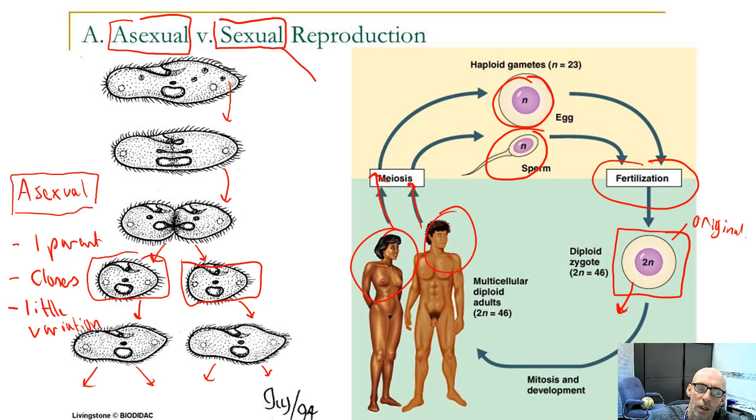And sexual reproduction involves two parents. With two parents you get lots of variation, and with lots of variation we have quite a lot of change over time, or evolution, but as I say, we'll come on to that a bit later.